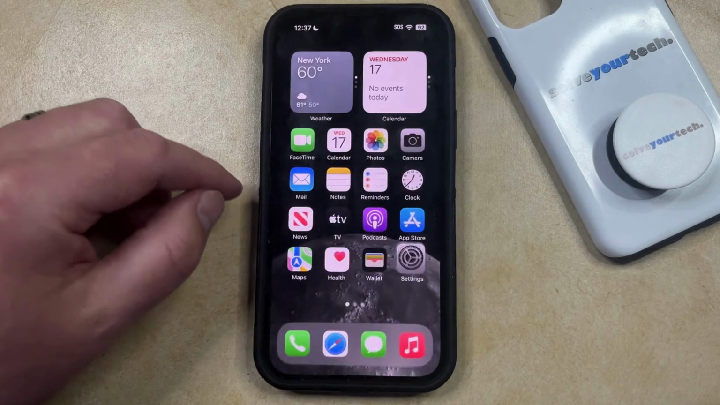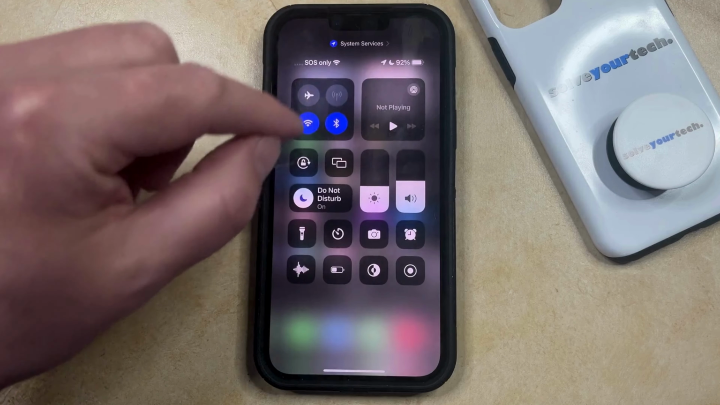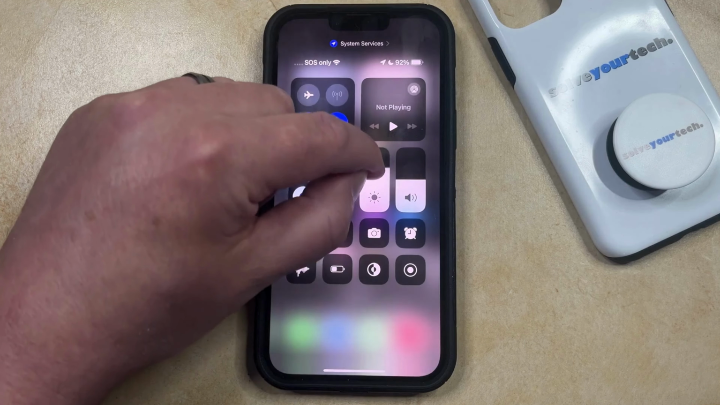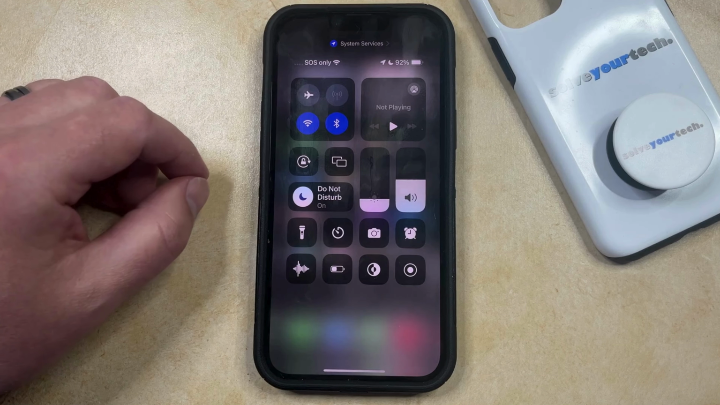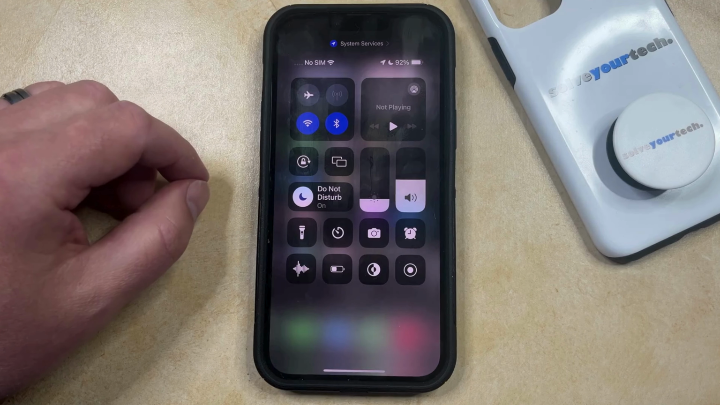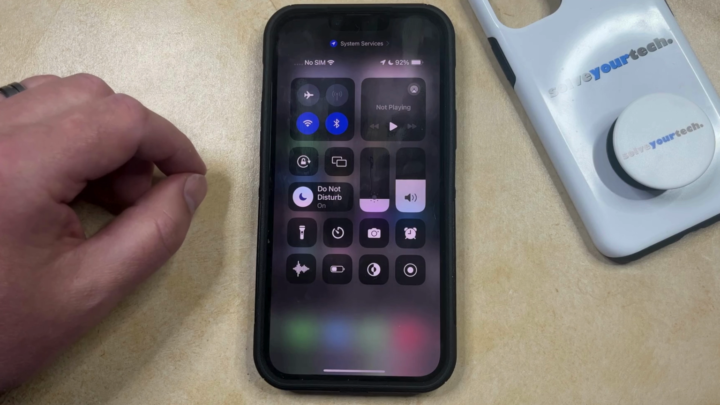Note that you can also adjust the brightness level from the control center by swiping down from the top right corner of the screen, and then you can drag this bar up to make the screen brighter, or drag it down to make the screen dimmer. Note that this isn't going to affect whether or not auto brightness works. It just changes the default brightness level on the phone that your iPhone uses to determine when it should change